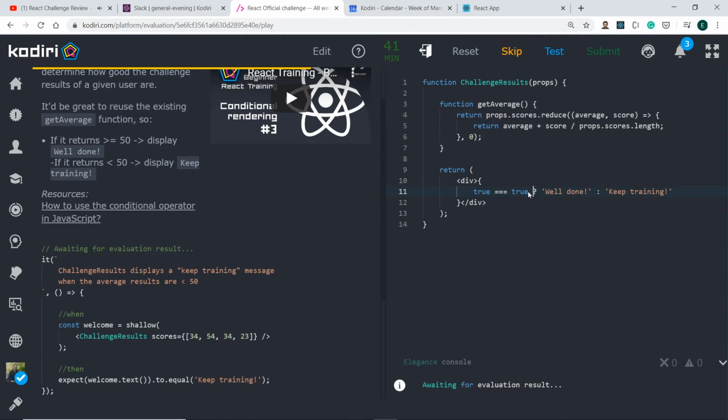So we need to delete this, and we need to check if get average, that is going to return us the average, is greater or equal 50, then well done. Otherwise, keep training. So let's